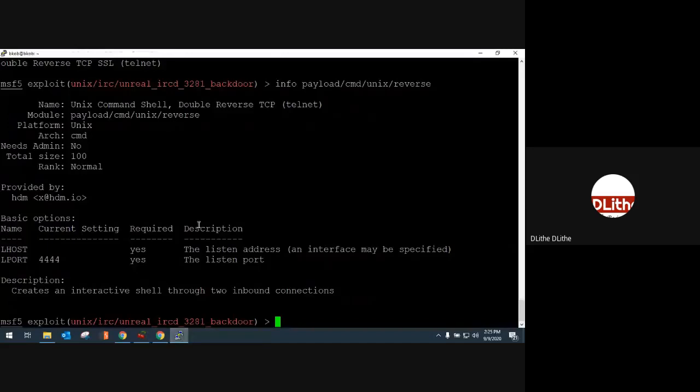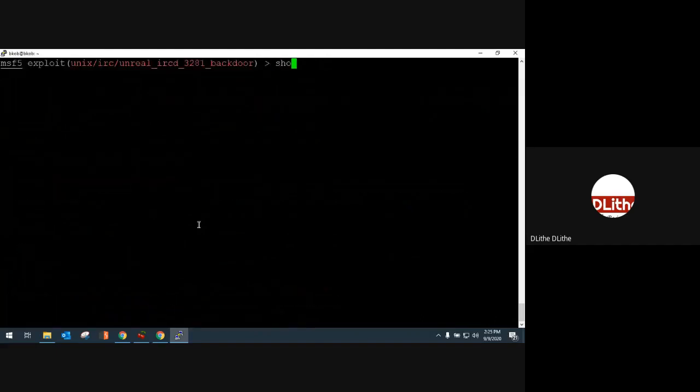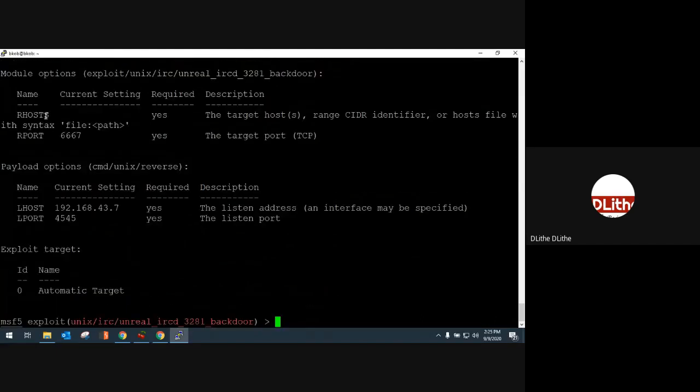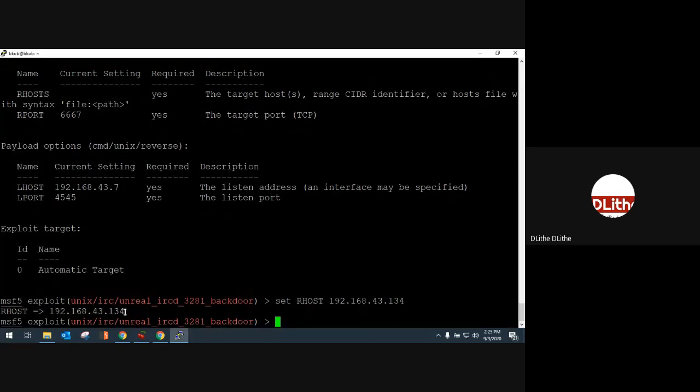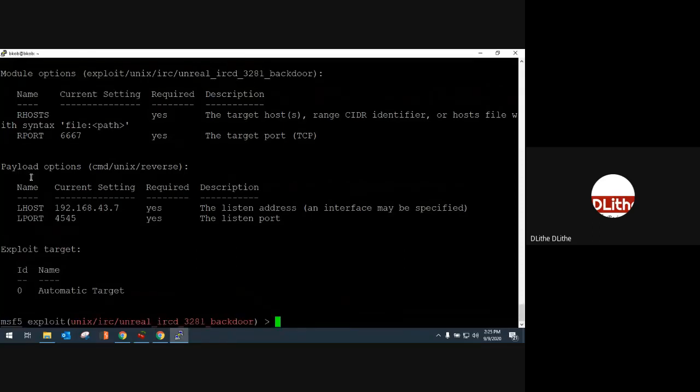So what happens here is, let me unset my rhost. Now my options show that rhost does not have any value, isn't it? I've unset the value, I've removed the value. I've seen a lot of people make a typo instead of typing rhost. And if I do it like this, say 43.134, it gives me an echo back. That's perfectly right. But when I do show options, the value is not set here.